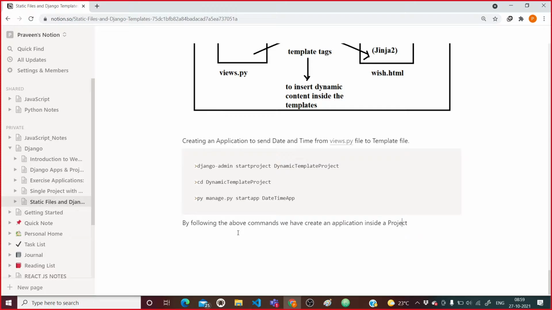The application name is datetimeapp, inside a project whose name is dynamic template project.